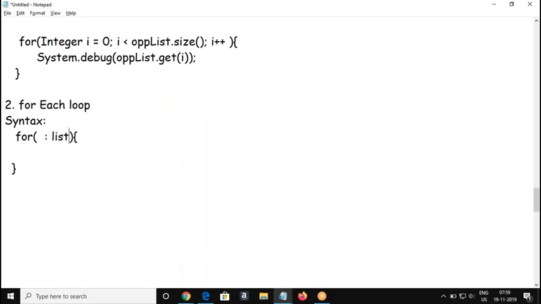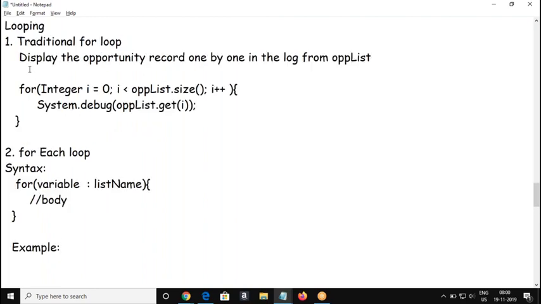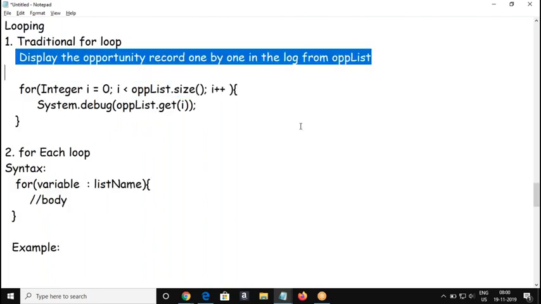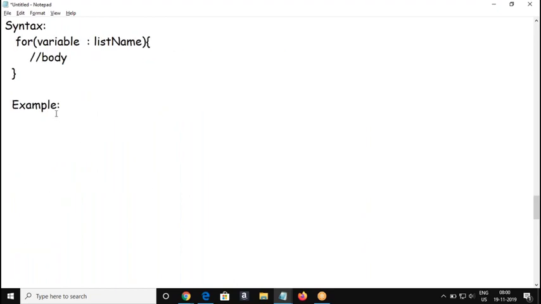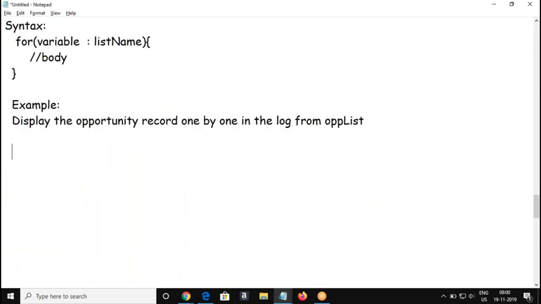Here I can refer to the list name, and what is the data type of the list? That is going to be declared as a variable here, and then the body of your logic. We'll see the example now. This is an example I would like to do using the for each loop. We will consider this list here. How are we going to write this? For,